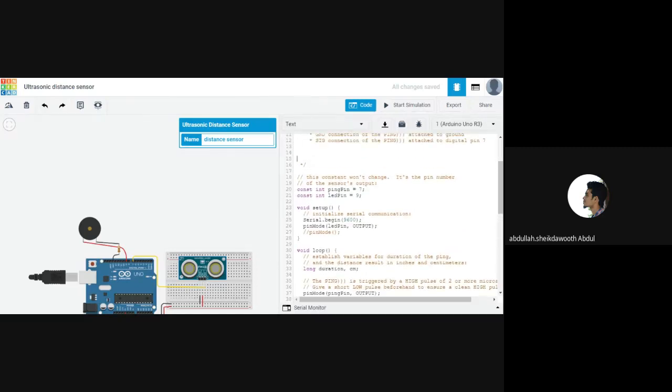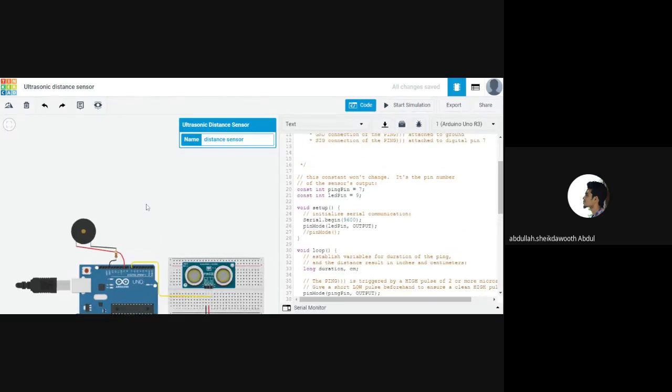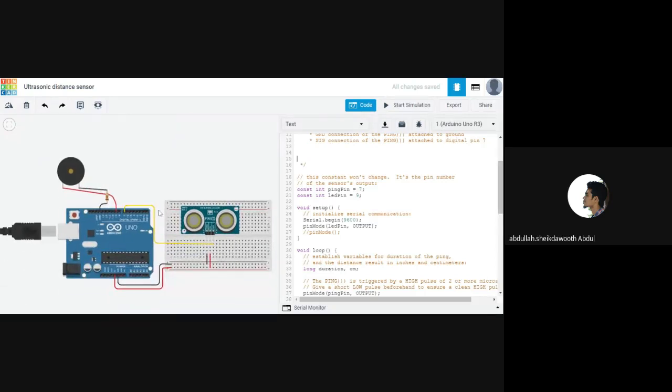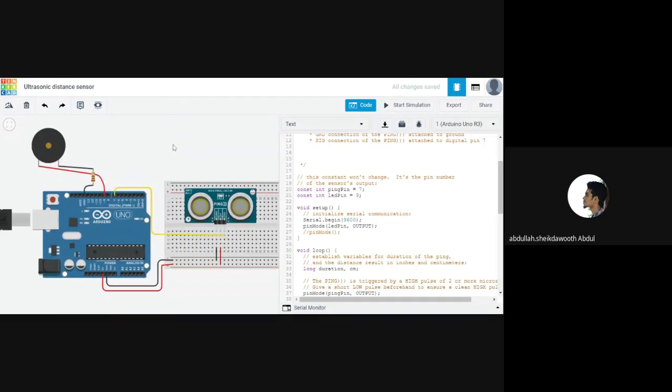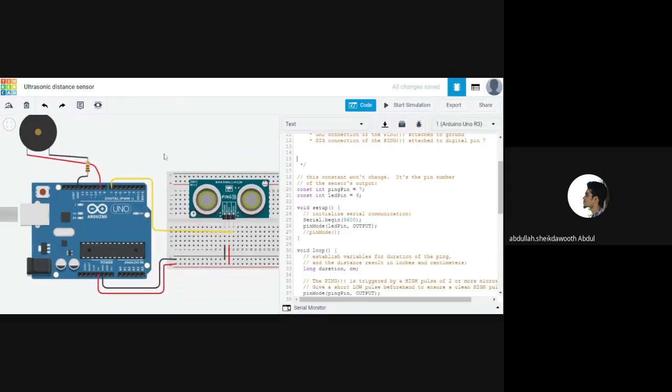Here I have used this pin number. One second, I'll just zoom it out. If you can see here, my pin number 7 is an input pin. It gets the data from my ultrasonic sensor, whereas the other two pins are connected to ground and VCC respectively. And pin number 9 is an output pin. So the pins I have considered here are pin number 7 for input and pin number 9 for output. I have written the code accordingly.